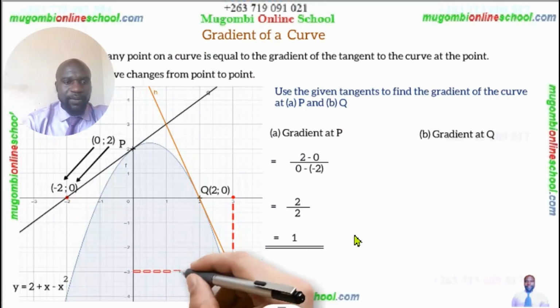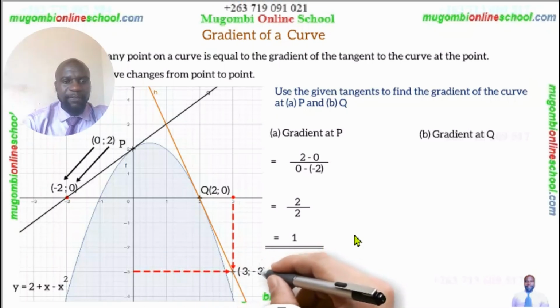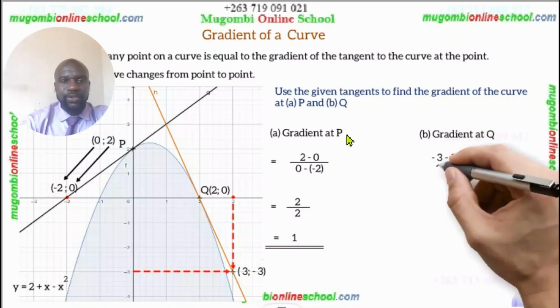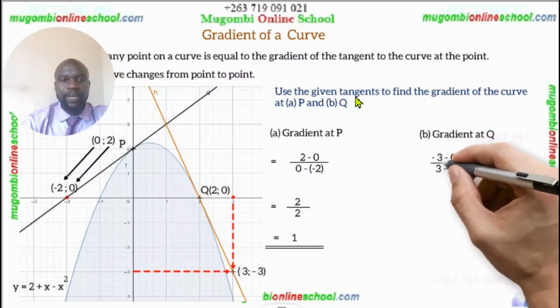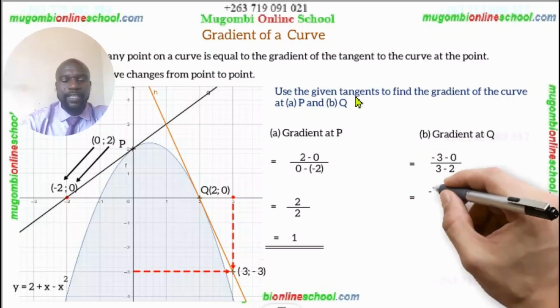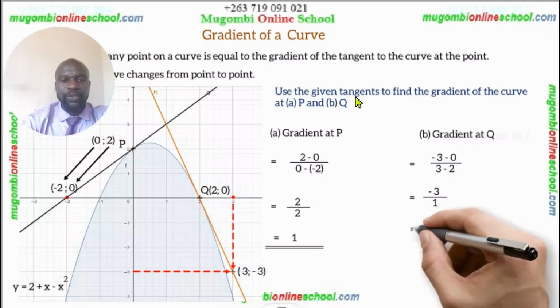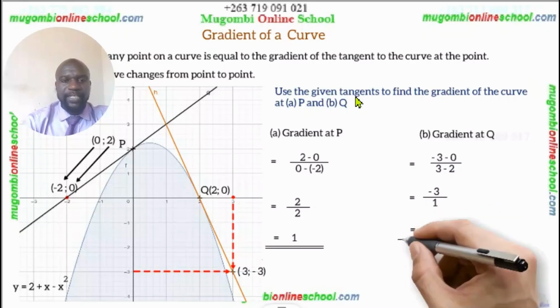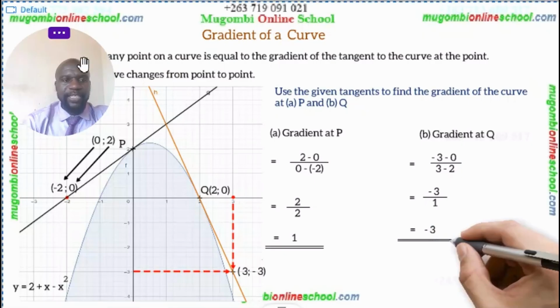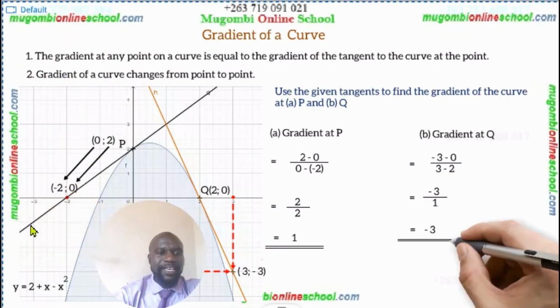So the coordinates at this point, they are 3 and negative 3, right? So we are going to say y2 minus y1 over x2 minus x1, which is minus 3 minus 0 over 3 minus 2, which is equal to negative 3 over 1, which is equal to negative 3. Right? Remember the concept which I told you previously, which says that if a line slants like this from left